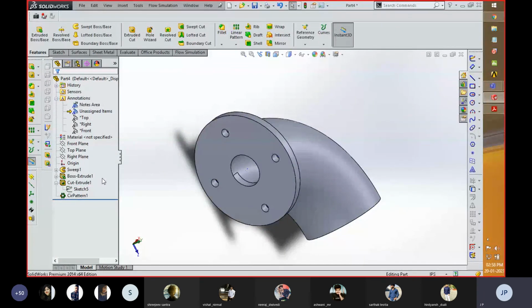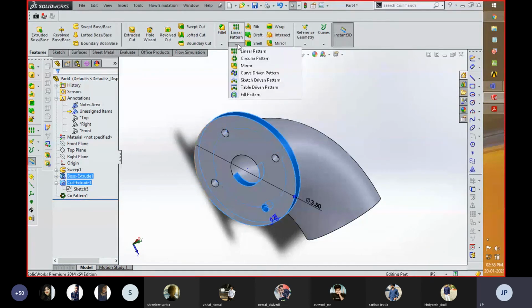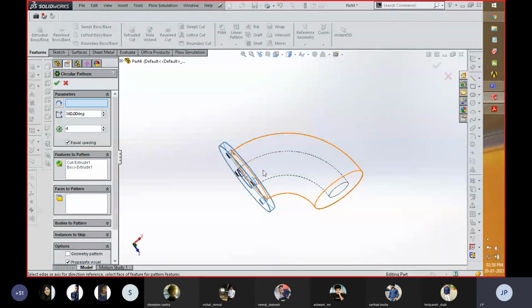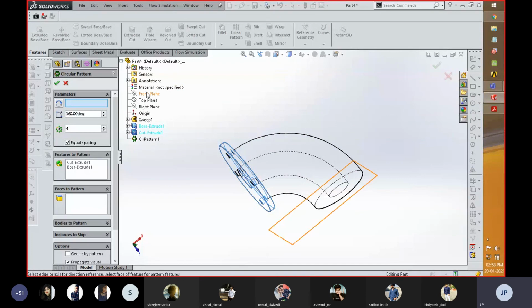Now what we can do, we can create a complete circular pattern of this component around the central curve, which is showcased over here. These are 2 sketches.